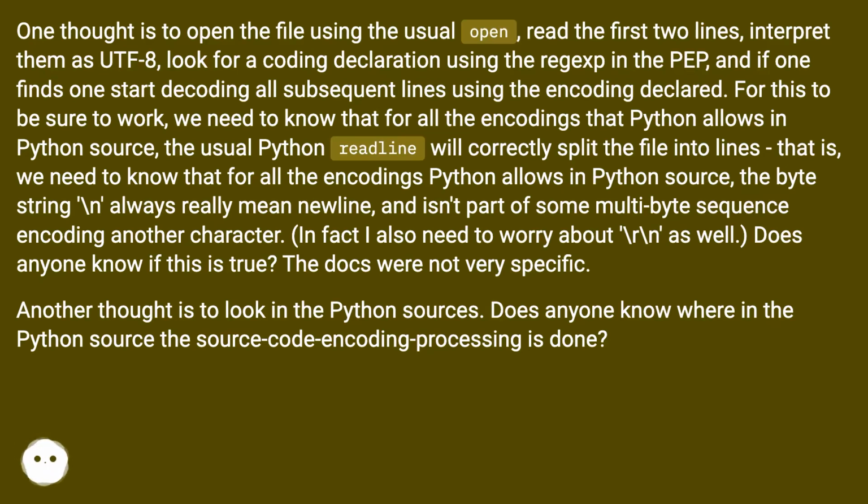Another thought is to look in the Python sources. Does anyone know where in the Python source the source code encoding processing is done? From PEP 0263: